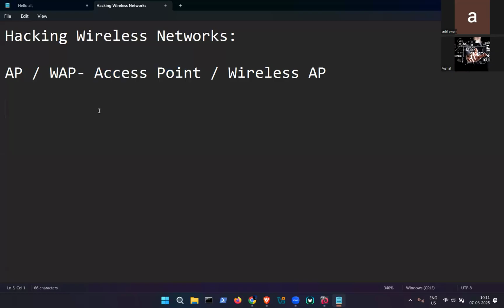Now, every wireless device has a very popular component in it, which is called an antenna. So what is an antenna? An antenna is a physical component that is present in every wireless device like an access point, mobile device, laptop, your IoT,